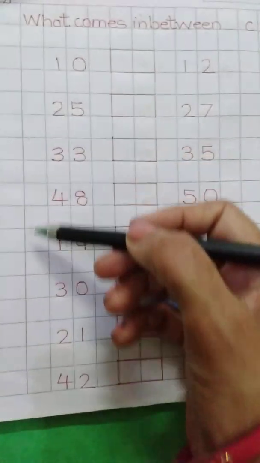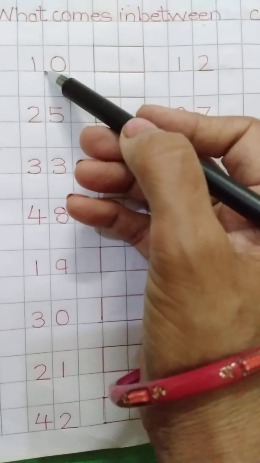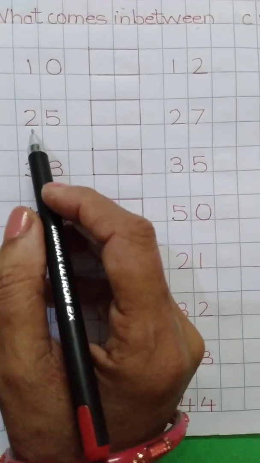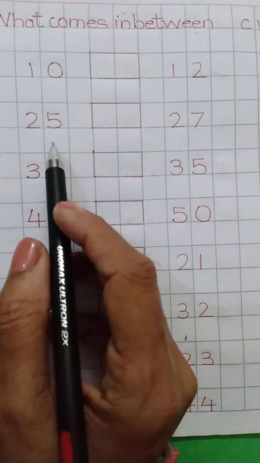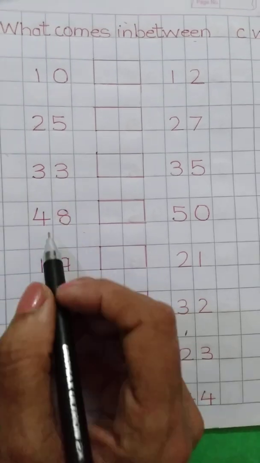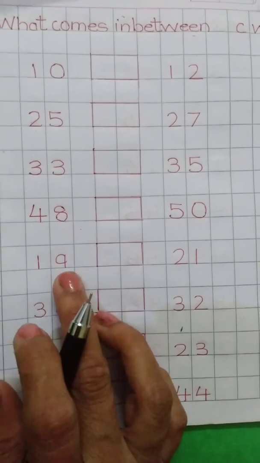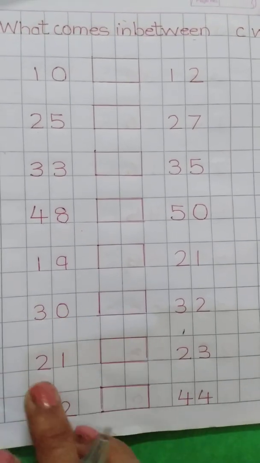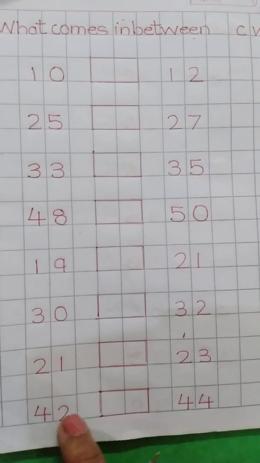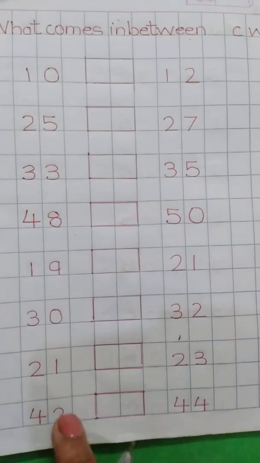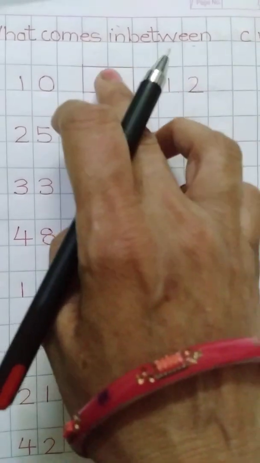Now leave one line here, students, and write the numbers 10. Then leave one line again, write 25. Then leave one line, write 33. Then leave one line, write 44. Then 19. Then 30. Then 21. Then 42. Now like this you will leave the line and write the numbers, and here you will make the